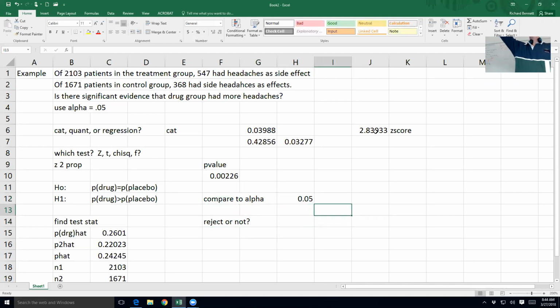Who says reject? Let's vote. 1, 2, 3, 4, 5, 6, 7, 8, 9, 10, 11, 12. Who says do not reject? Who didn't vote? Okay, 2 honest people. All right, so yes, it is reject. Reject the null, and therefore your conclusion is